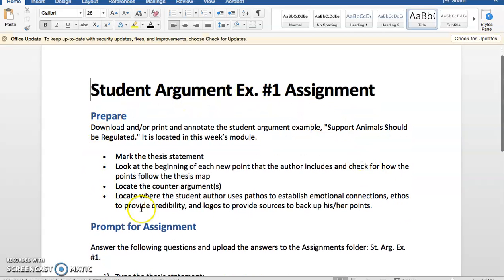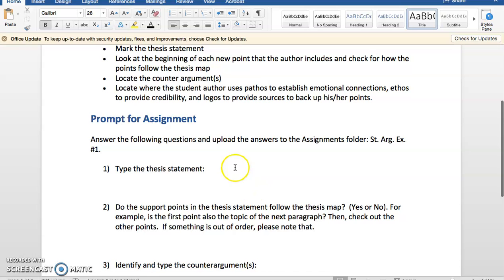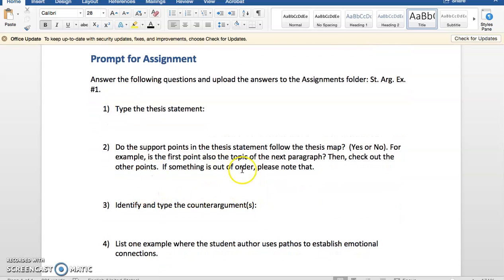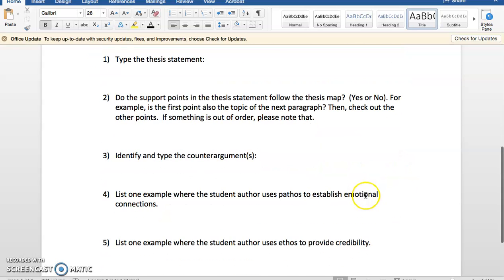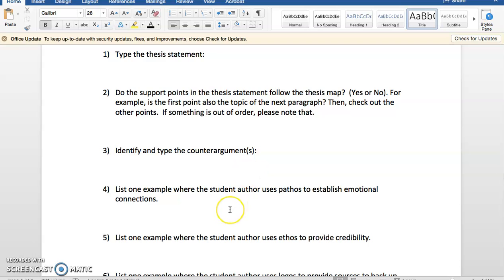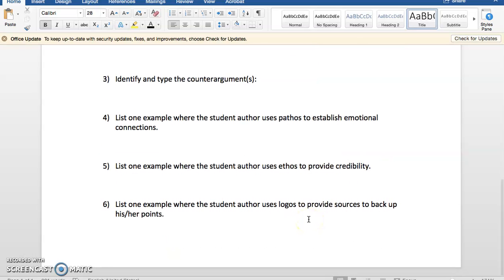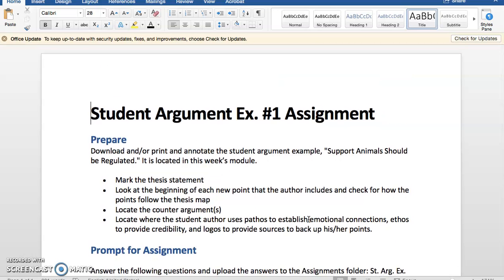All the stuff that I put in the module is right here again, all of the directions. And then here are the questions. Type the thesis statement. Do the support points in the thesis statement follow the thesis map? Show me how. Identify and type in the counter argument. List one example where the author uses pathos, one where it uses ethos, and one where it uses logos. So instead of us talking about this in class, you are now going to have to type these out here. Then once you save that,